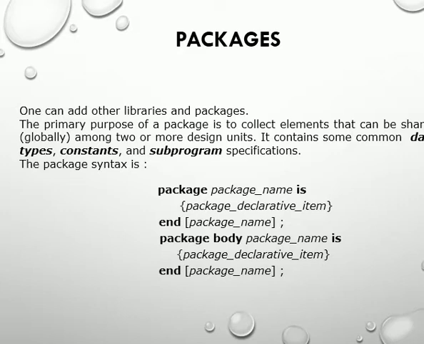So whatever we discussed now are the inbuilt packages, that is, the IEEE library and the packages within it, available in VHDL programming. But if one wants to add certain libraries and packages, that is also possible in VHDL programming. So as I said earlier, what is a VHDL package? It is a file or module that contains declarations of commonly used objects, data types, component declarations, signals, procedures and so on.